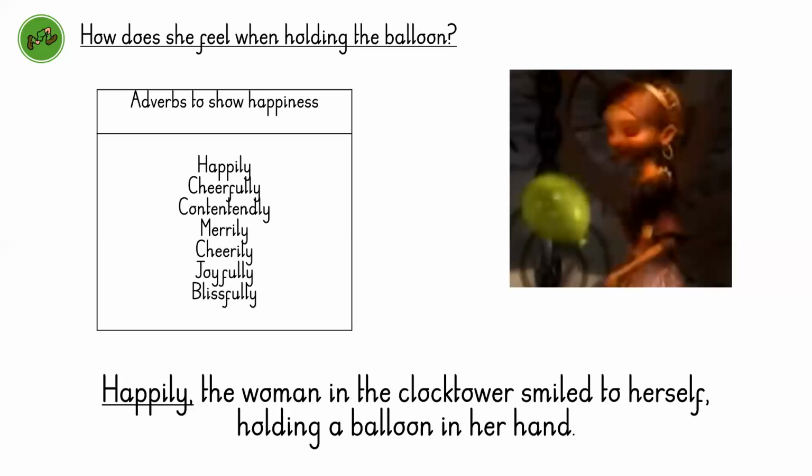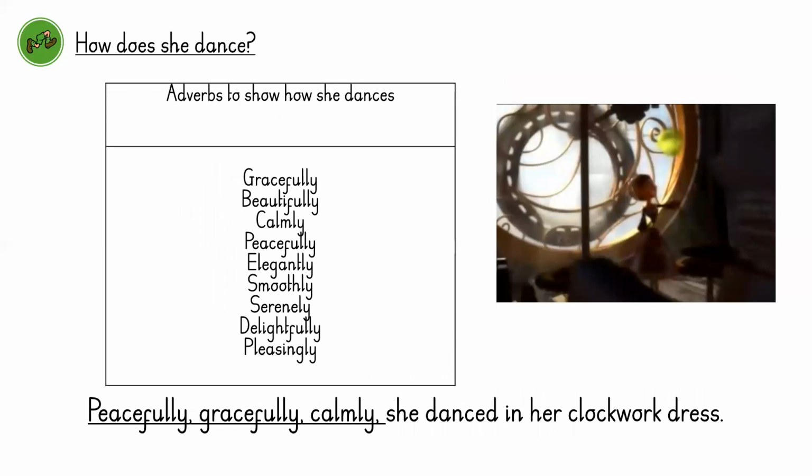So that's sentence 1. Sentence 2 is where we are using that rule of 3 to really focus on how she is dancing. Okay, because a big focus, the sort of happy ending at the end, is the fact that she's dancing and spinning as the world goes on around her. Okay, so thinking about some really positive adverbs to show how she dances.